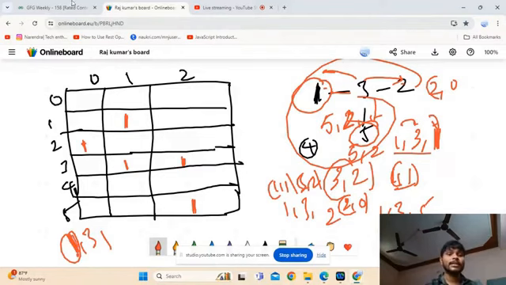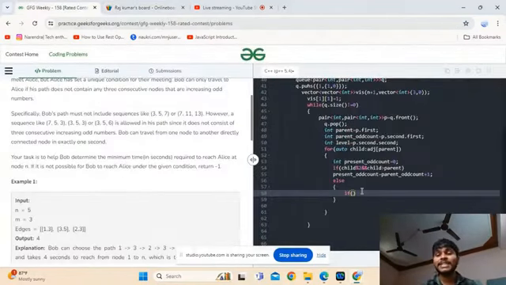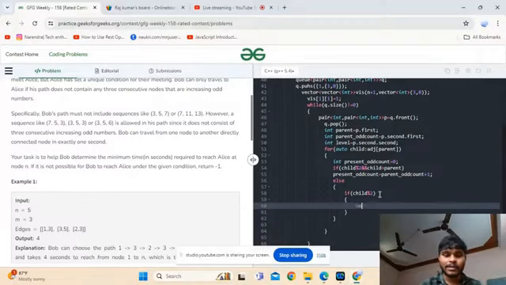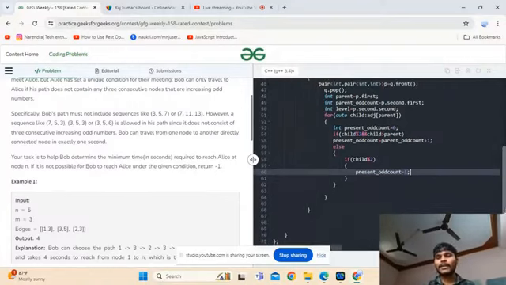So guys, if it is odd it is 1, if it is even, it is 0. Initially we have 0, right? No need to calculate that. In the case of even, child modulo 2, if it is an odd number, then present odd count is equal to 1.